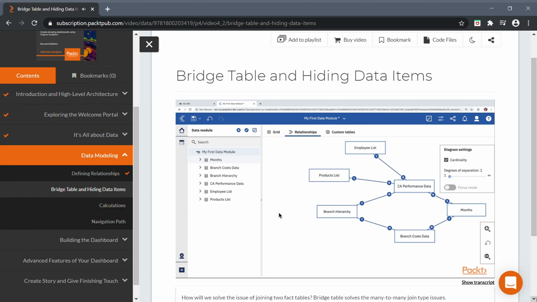One important topic I would like to cover in this video is hiding the data items. At the time of creating these relationships, we found that there are common keys between each of these tables which are joined together. That means there is redundancy in the data items which would be available to us when creating the dashboards. For example, if I open